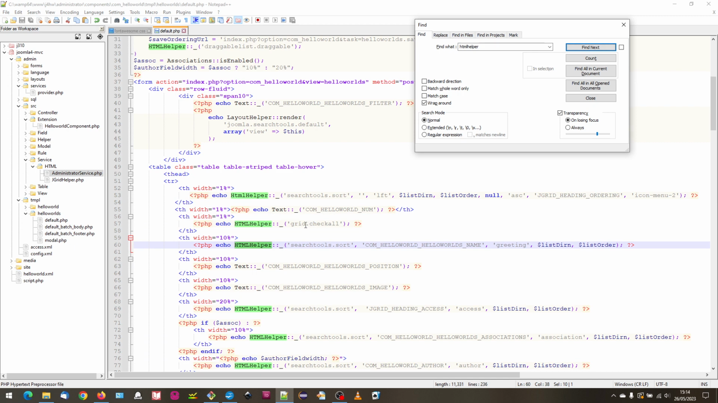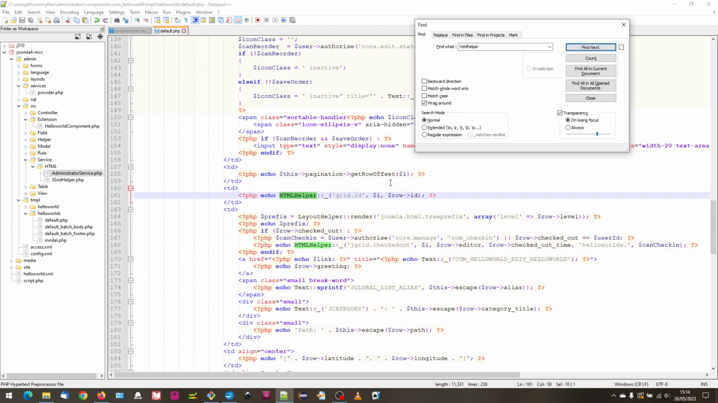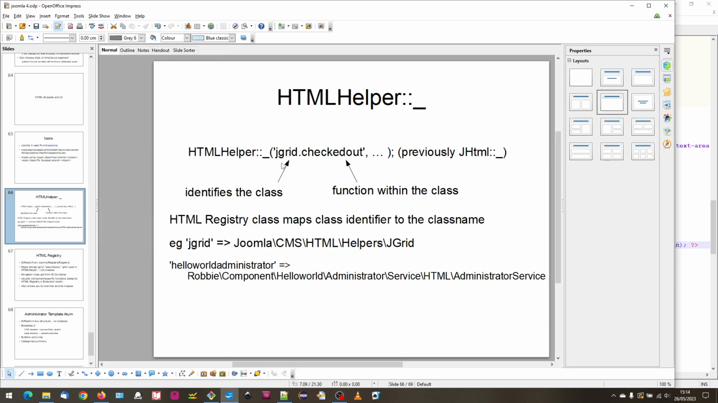And we've got search tools, grid, search tools, sorting, grid, JGrid. So there's a lot of HtmlHelper functions that are used here, and the way it works is that the first string here identifies the class, and the second part of the string here defines or identifies the function within the class. And the way it maps from the string to the class is a